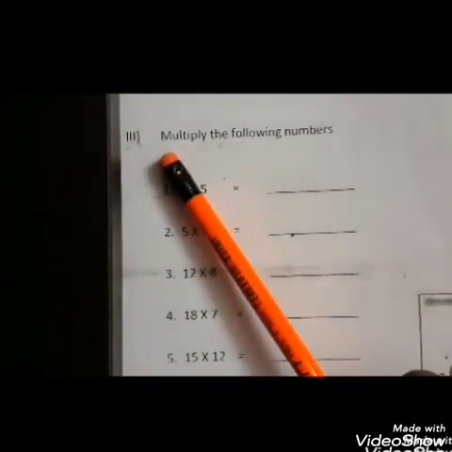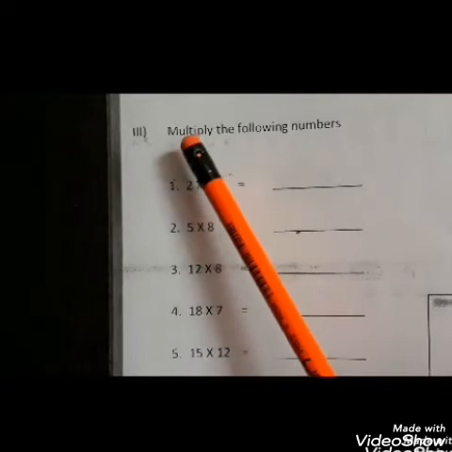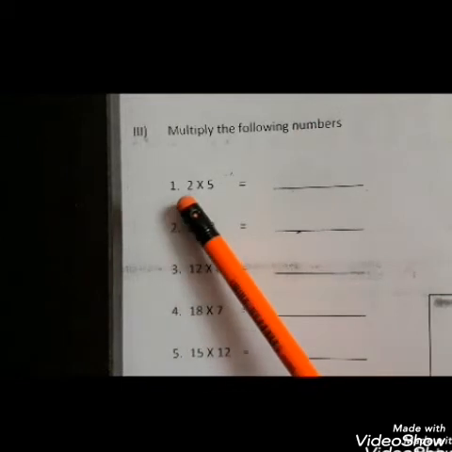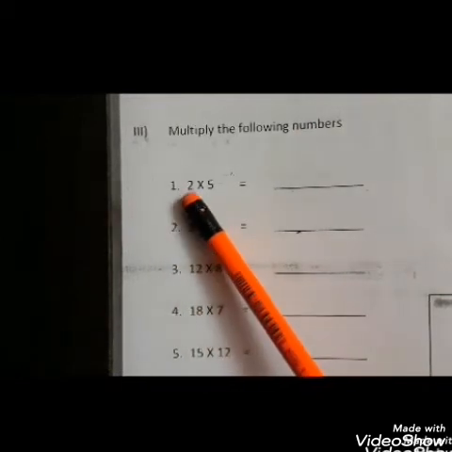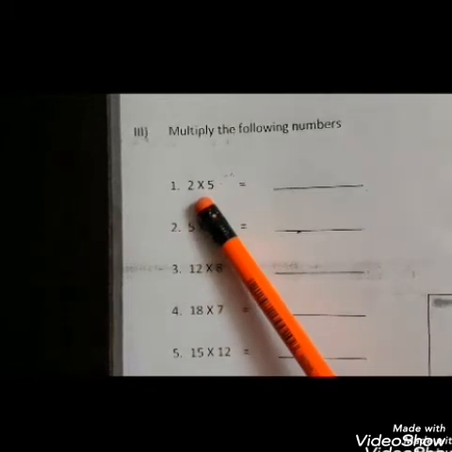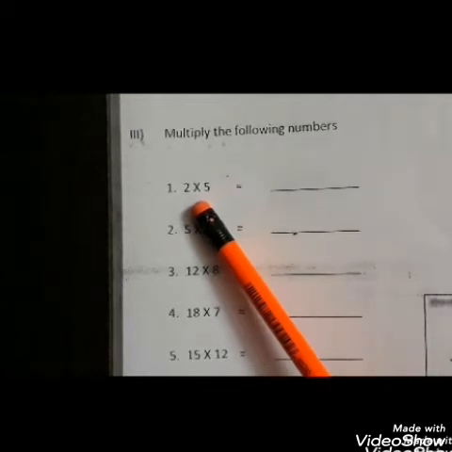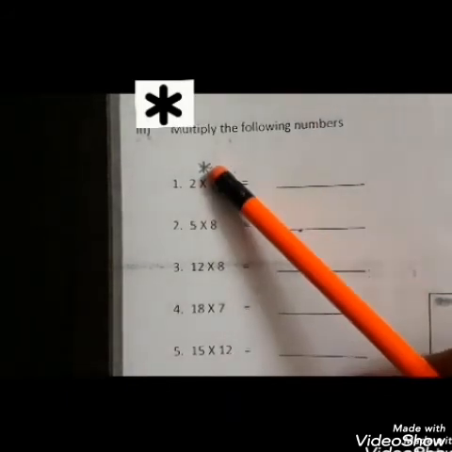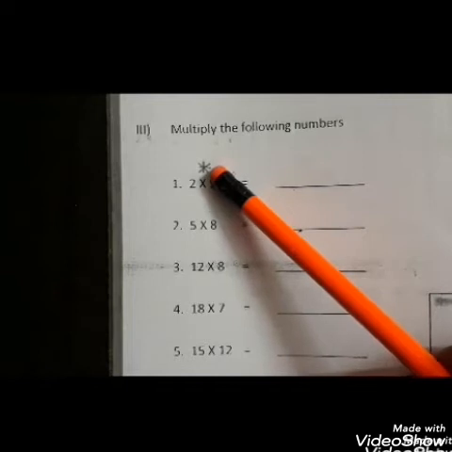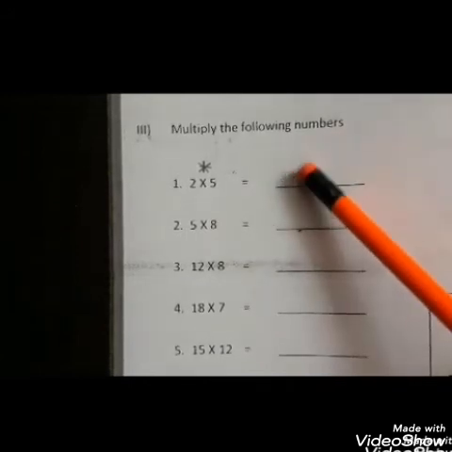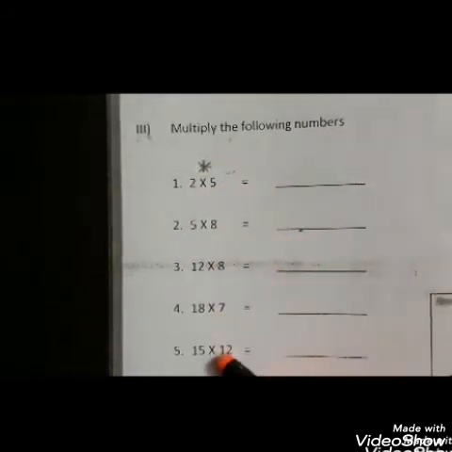Now we'll turn to the next page. There I have given the third part, that is multiplication. The instruction here is to multiply the following numbers. As I have shown you in the video, in the same way you have to type this number, then the into sign. As you all know, in the calculator the into sign is different. It is star shaped, like this. That key you have to press, then the next number, then press the equal to sign. You will get the answer and you have to write that answer here. Same way you have to do all 5 sums.